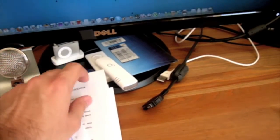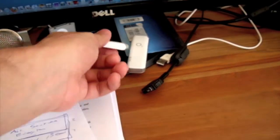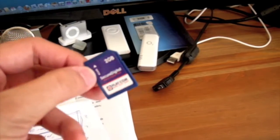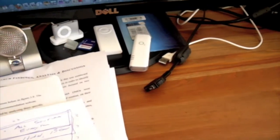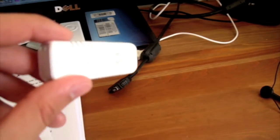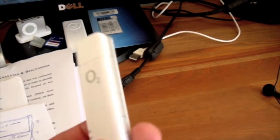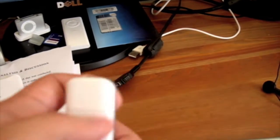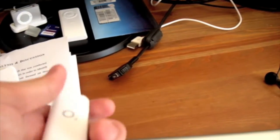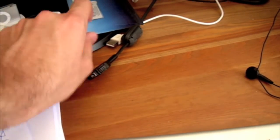So next up is Apple Remote. Can't remember the last time I actually used this. Oops, and an SD card, which I just found by doing this desk tour. Nice to know I've been cleaning my desk up. O2 broadband, I think in the United States you've got something similar in Sprint, I think it's called. It's basically just a USB dongle for your Wi-Fi broadband. You can use it anywhere. I haven't tested it, it just came through the door the other day. SIM card,